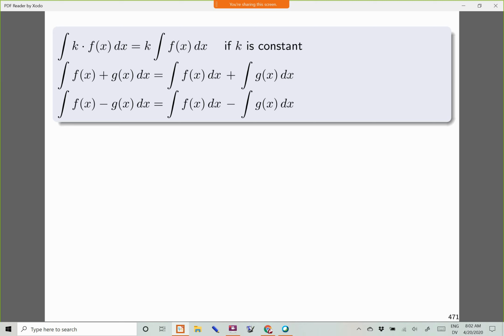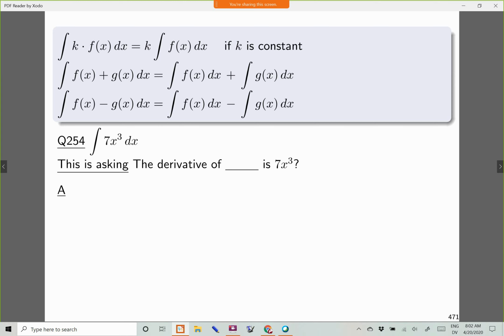You'll notice, just to point out, that there's quite a number of dx's. The first formula has a dx on the left side and the right side. The second formula has one dx on the left side and two dx's on the right side, one for each of the integrals. So it's a little much. You may end up wanting to skip some of the work when presenting answers that use these formulas, and that's fine, but to start, let's just go one step at a time, just to double check. Alright, so let's do this all together.